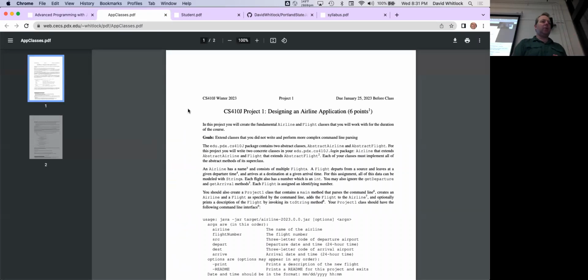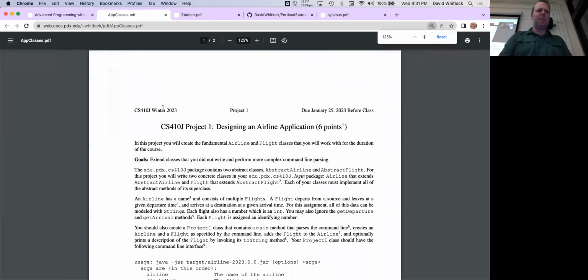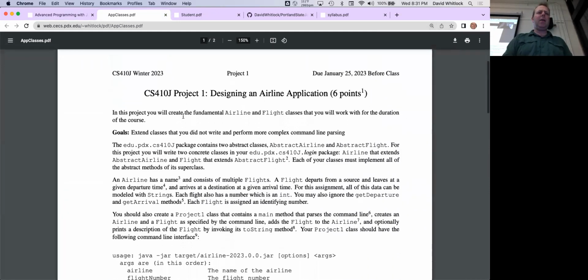Let's talk about the first two assignments of the course. So let's start with project one. How do I get rid of that thing? There you go. Nice. So this term, you'll be working on a